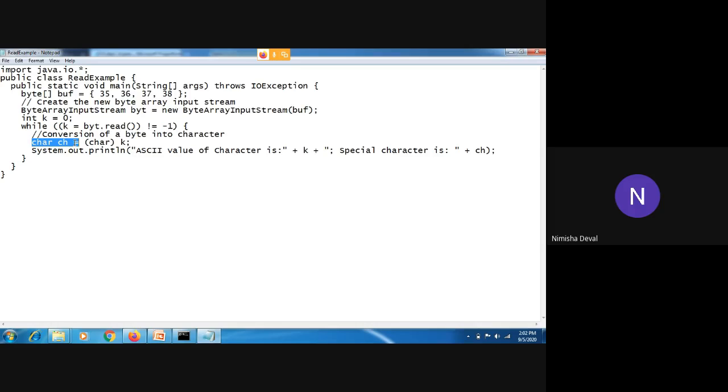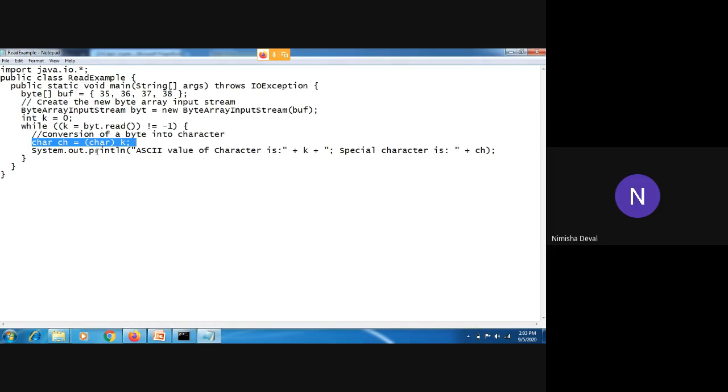Then this statement, char ch is equal to (char) k, means k is nothing but we are storing these values in k, and according to that we are converting into character. 35 is the value of k right now for this loop, and that 35 is nothing but the ASCII value. So this is converted into character.